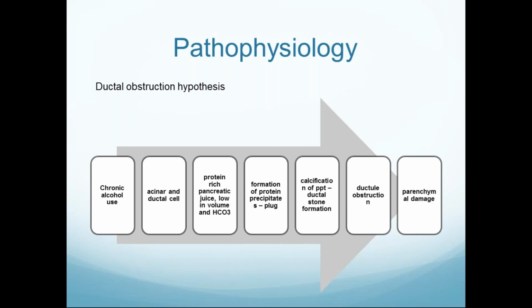This causes complete destruction of the pancreas. So in brief, this is one of the hypotheses proposed by the et al. group, so that we can know the general pathological process that is involved in the destruction of the pancreas in chronic conditions. Okay.